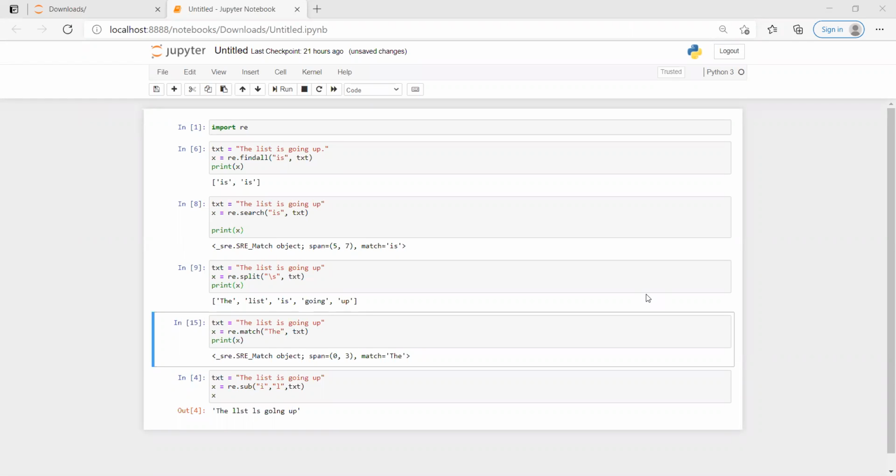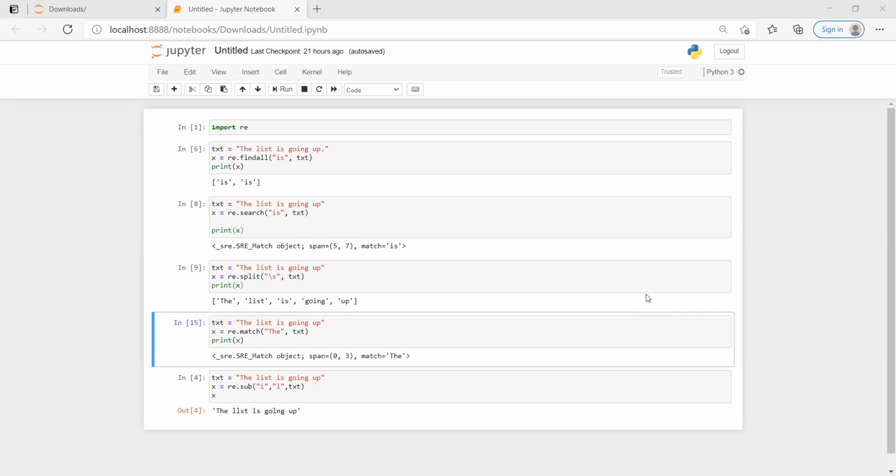If you want to find a word starting with particular letters, or words ending with certain letters, or split sentences into words, or substitute some letters with other letters, there are multiple functions defined as part of the regular expression package module. Mainly we use it in text processing.